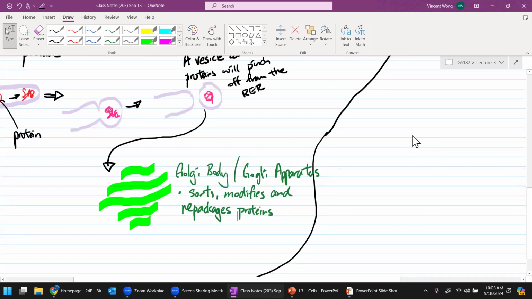You can think of it as like the sorting center of a post office. You have all these packages going into the post office. They got to sort it so they know what goes where. Sometimes if the package is a little bit broken, they got to repackage it. So the vesicle will come, and then it will enter the first membrane of the Golgi body, and it will actually get passed forward, and sometimes it will go back and forth a couple of times,